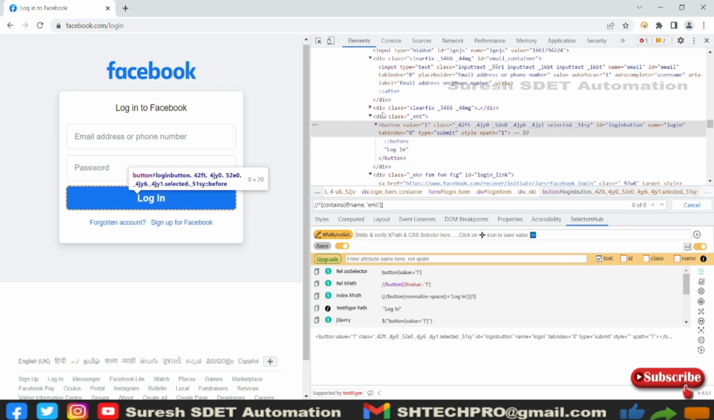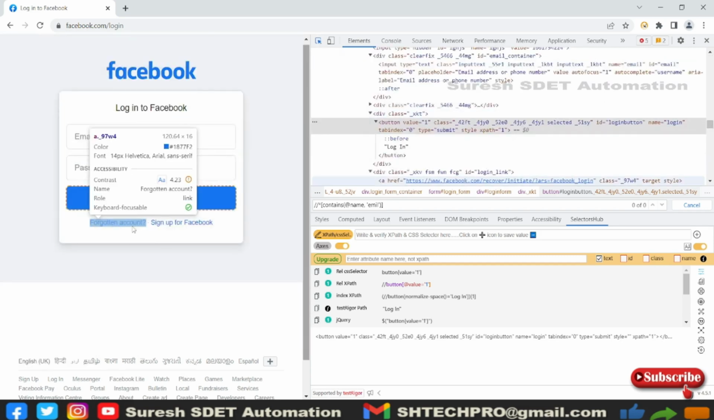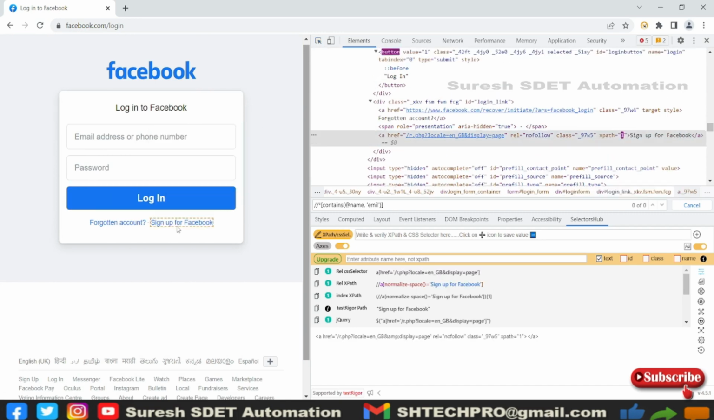So you can use this option, and you can also use this for the Facebook sign up. Here also it is using a text option. So how can you use that? I will copy this text from here, and here I will remove this name attribute, and then